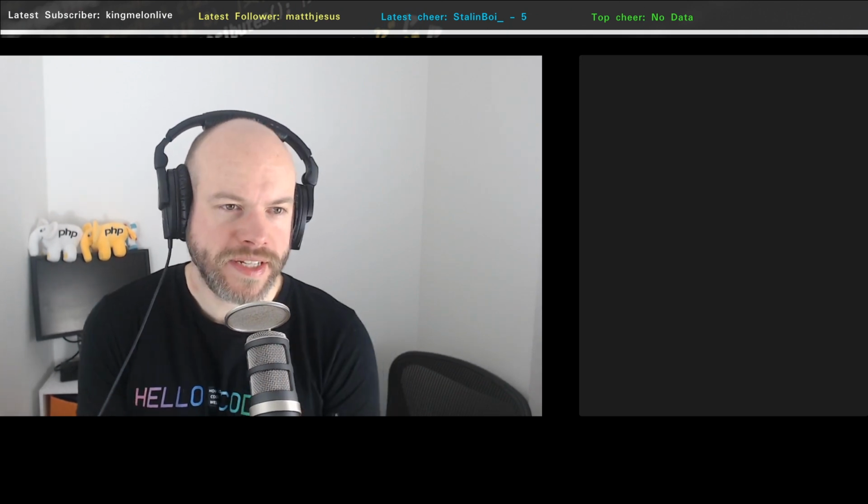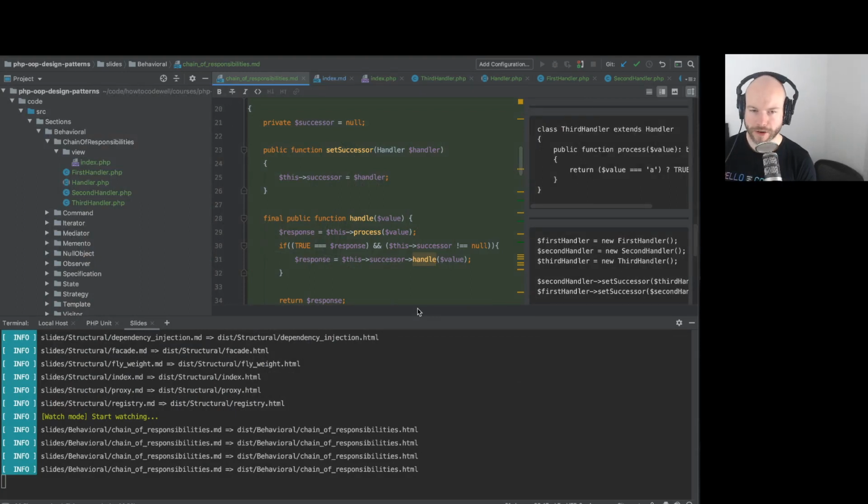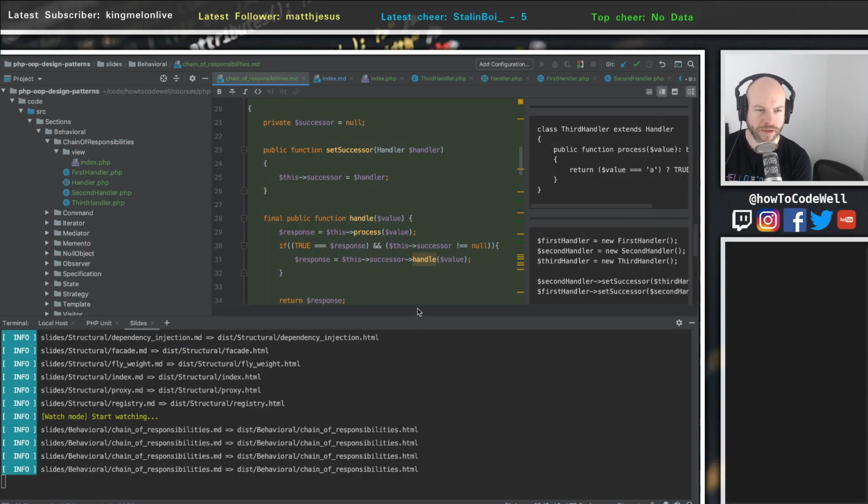We are working through the chain of responsibility design pattern today in PHP. The chain of responsibility, just to do a quick little recap, let's go back to the code here. There's the code window. The chain of responsibility is a way of palming off the responsibility of checking a value or doing something to a value or variable in a succession of classes. So, for example, think of a linked chain, and each link in that chain is a class,